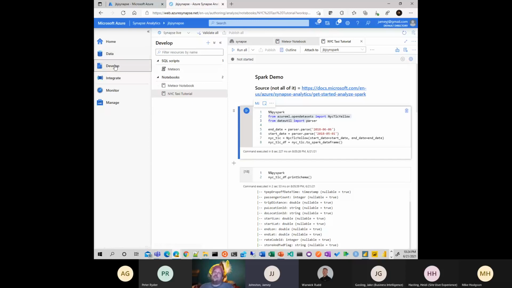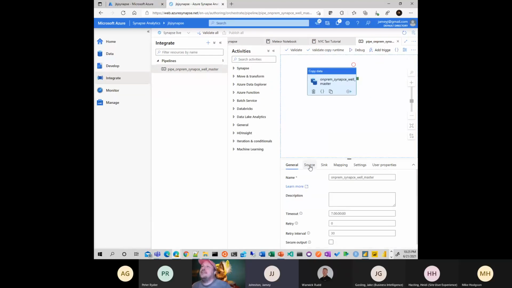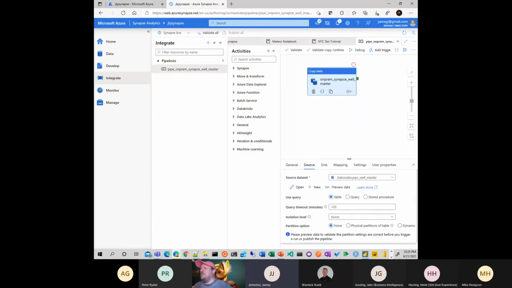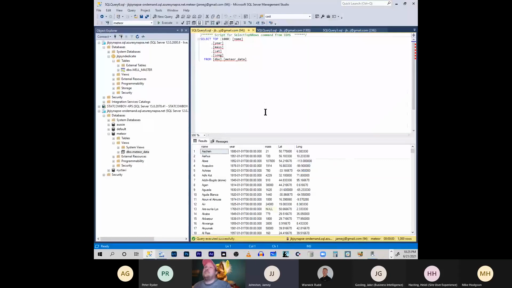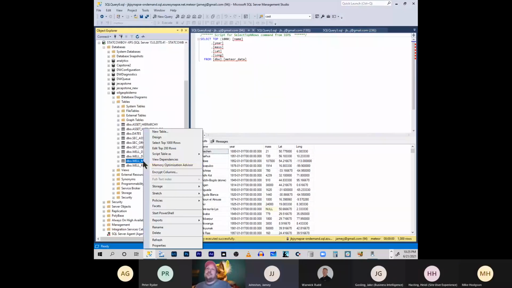So that's the develop tab. So notebooks, scripts, flows. So what I want to show you now is the integration pipelines. So I built out this pipeline, and it's just one copy activity. And what this copy activity is it grabs from my SQL Server on-premise, meaning my SQL Server on my laptop. It grabs this table here called Wellmaster. So if I select